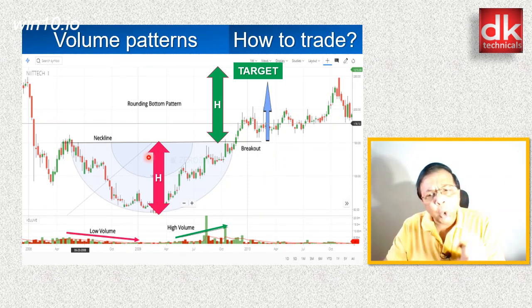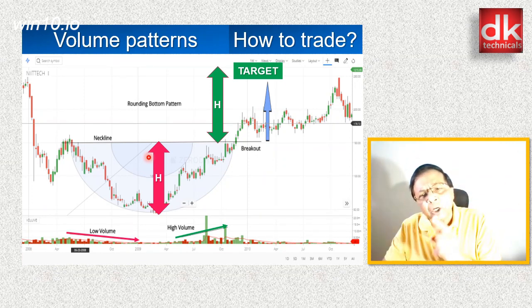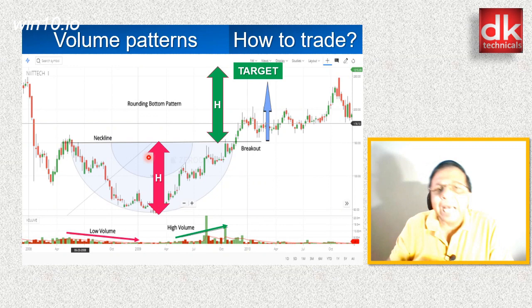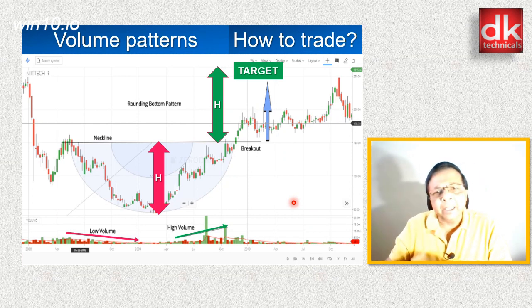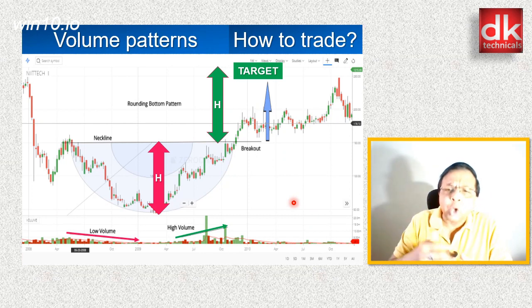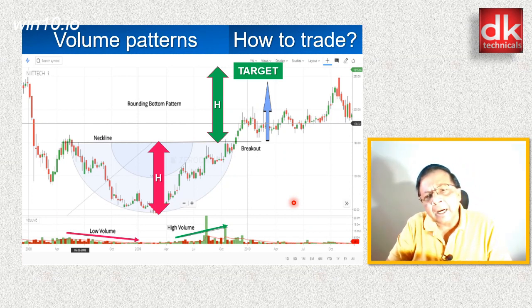We all know that in any kind of price pattern or chart pattern, all the targets are minimum expected objectives. So it's a minimum target. So we can always formulate the strategy to ride the trend and trail the stop loss. What should be the stop loss in such trading?